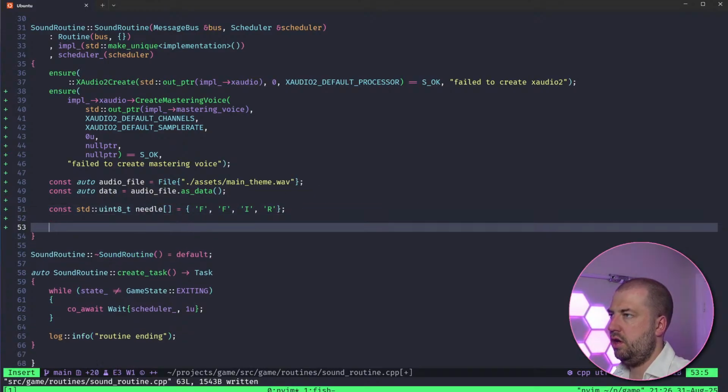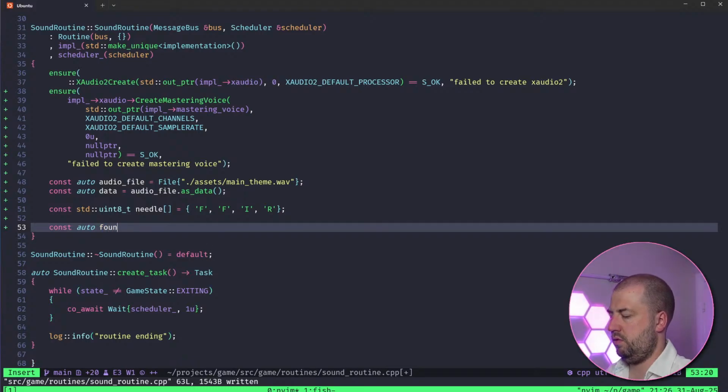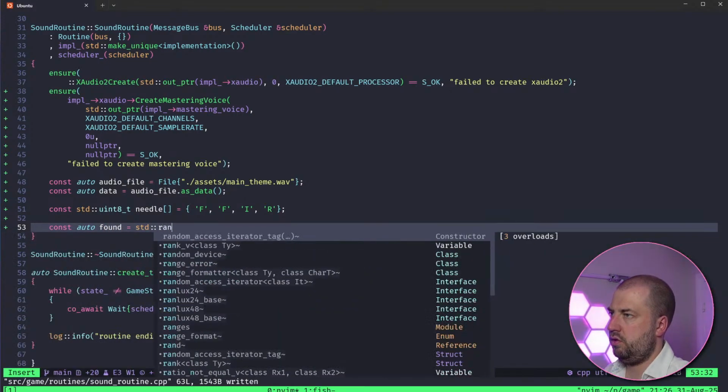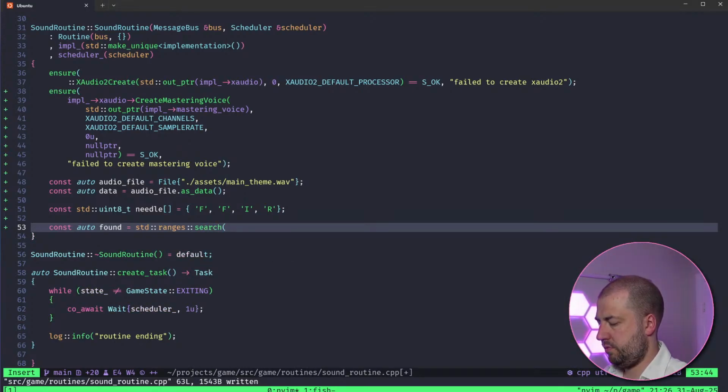Yeah, okay, fine. And then const auto found equals std::ranges::search. Which way around is it? Source range.